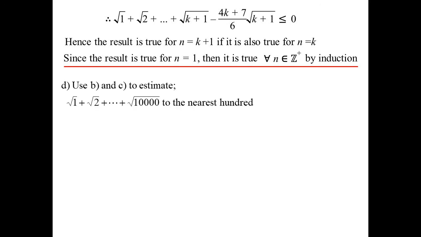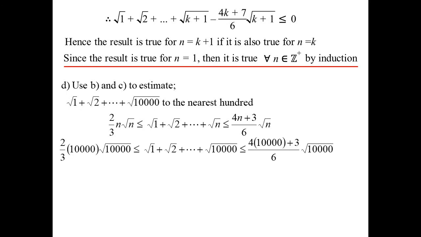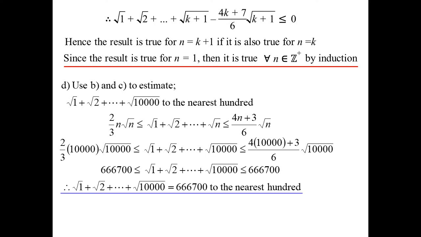All right. Use B and C to estimate. We want the square root of 10,000. We have now trapped, or as often they use the term, sandwiched the expression between two ends of an inequation. So if I sub in 10,000 and evaluate to the nearest 100, both ends of this inequation are the same. So therefore there's only one logical conclusion, and that's that expression to the nearest 100 would be